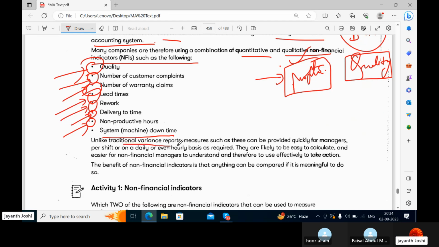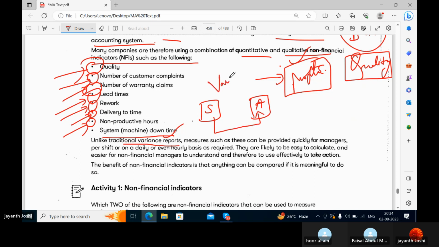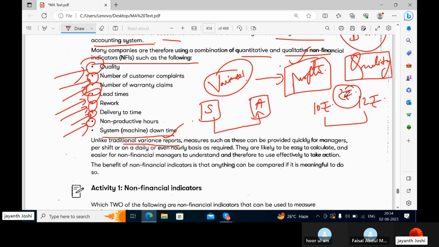So unlike the traditional variance report, a variance report is nothing but this: there is some standard which we create, and there is the actual result we get when we perform some activity. The difference between this standard and this actual tells about the variance. Suppose I fixed the cost for something at 10 rupees and I incurred 12 rupees as a cost for that. So here the 2 rupees extra I'm paying is unfavorable, because I'm paying more cost for something for which I estimated the desirable cost to be 10 rupees. This is variance and we're going to learn this in detail.